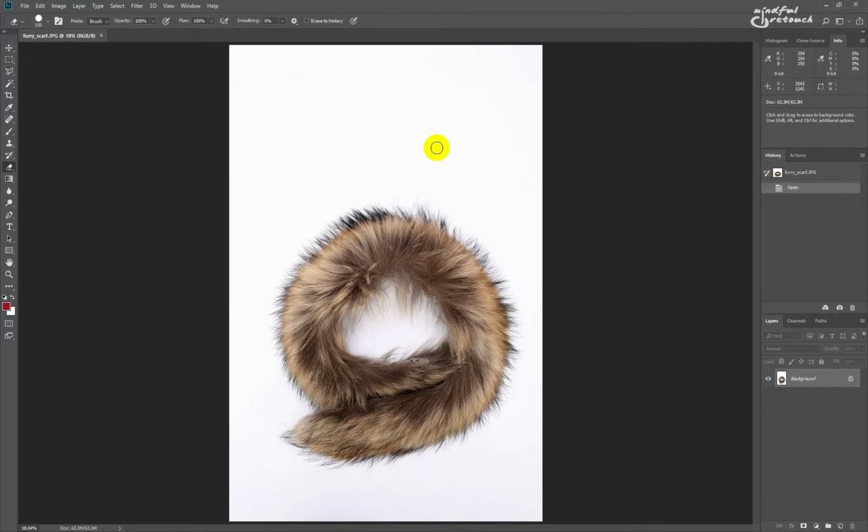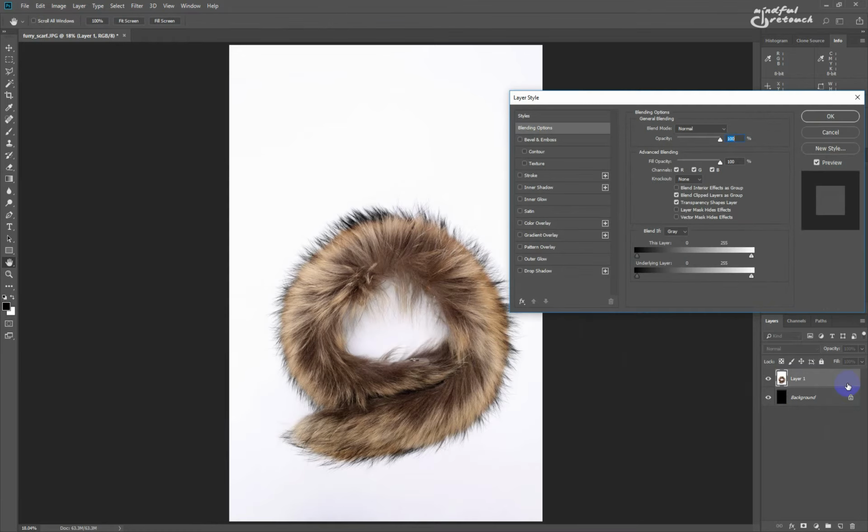This furry thing is supposed to be isolated on white with a natural shadow underneath. I'll copy the image to another layer, then go to the background layer and fill it with black. I don't need black, I need white, but it's not easy to see what's being isolated otherwise. Now I'll double-click the top layer in the Layers panel to bring up the Layer Style window and the Blending Options